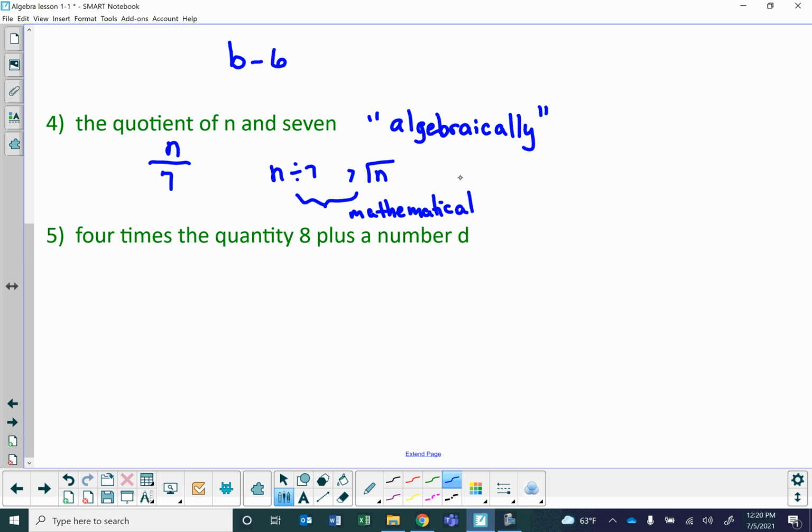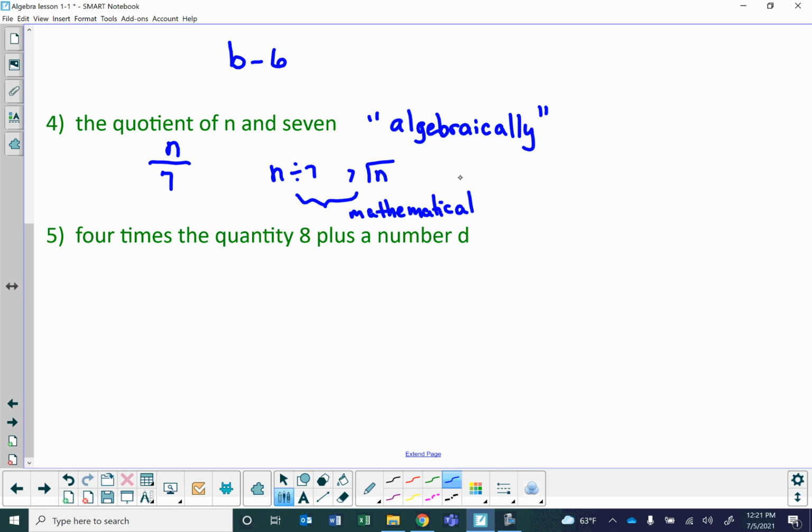They're not wrong, but they're not algebraic. So if your directions say you have to write an algebraic expression, they would be incorrect. They are correct mathematically, but not correct algebraically. Now, if I have the phrase 4 times the quantity 8 plus a number d, here's where we